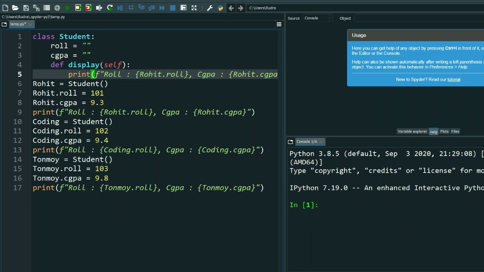So instead of the names I will just write self dot roll. Because I wrote self here, and here also self dot cgpa. That's it.